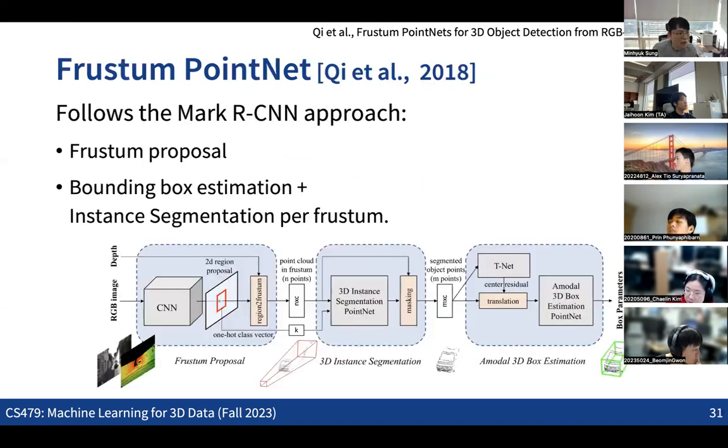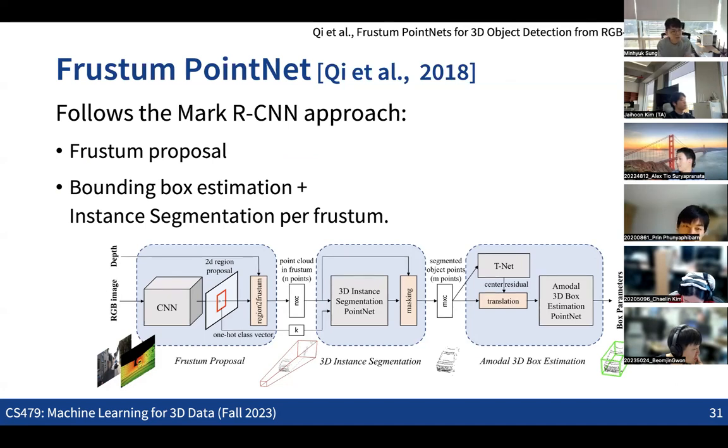But once we get a 2D proposal for each view of the 3D things, then for segmentation and classification, we are not just treating each region as a 2D image, but actually taking the 3D point cloud that is included in the 2D region.